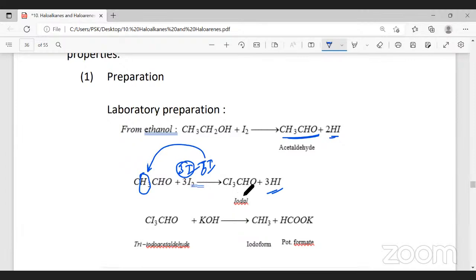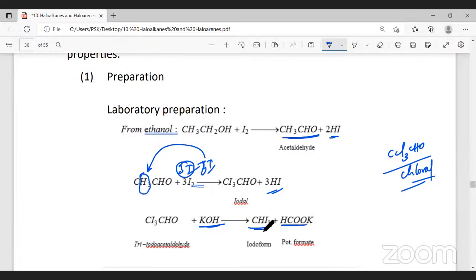So you get CI3CHO. We have learned CCl3CHO, which we named trichloroacetaldehyde, or chloral, the common name. Similarly, here you have iodal, CI3CHO, triiodoacetaldehyde. This iodal, when allowed to react with aqueous potassium hydroxide, gives potassium formate as a byproduct,